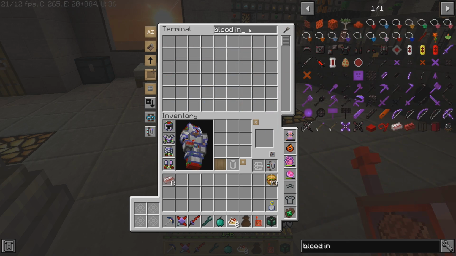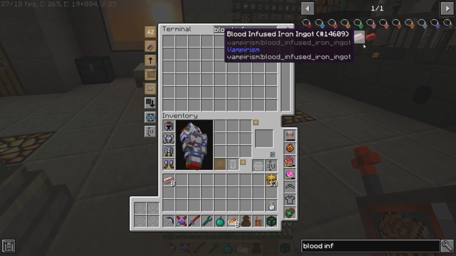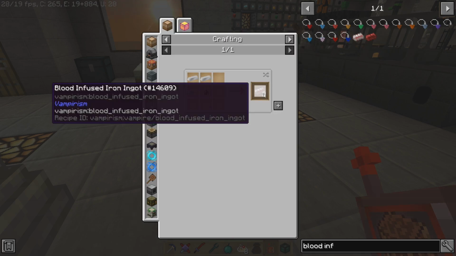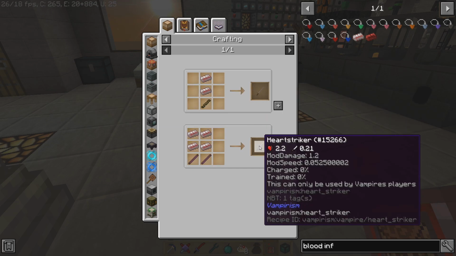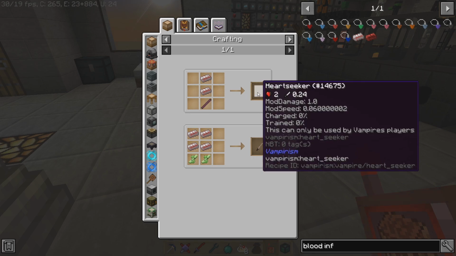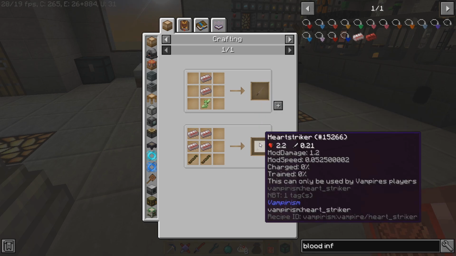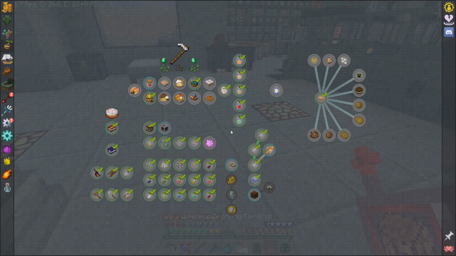Blood infused. Yep, it is from vampirism. What do you do with it? What do we do with it? We can make a heart seeker or a heart striker. Oh, so these are like vampire weapons. Interesting. I guess that's it. Just those. Interesting. Okay, so next is